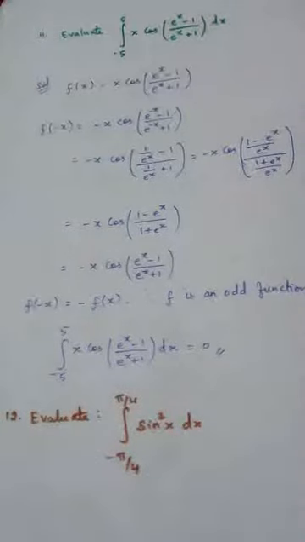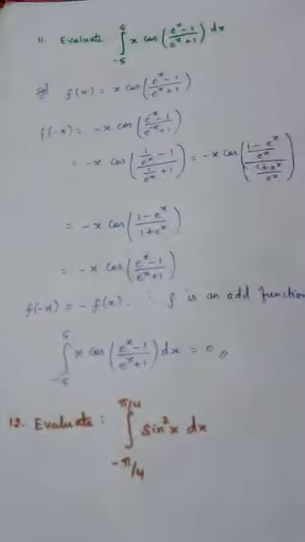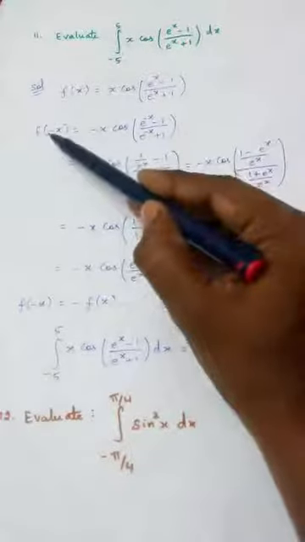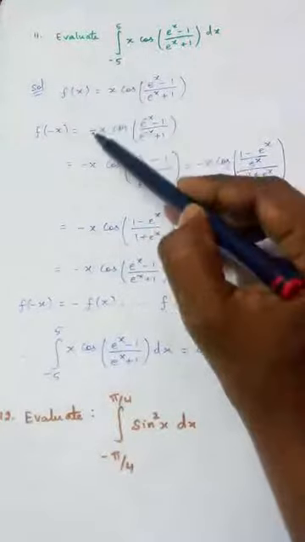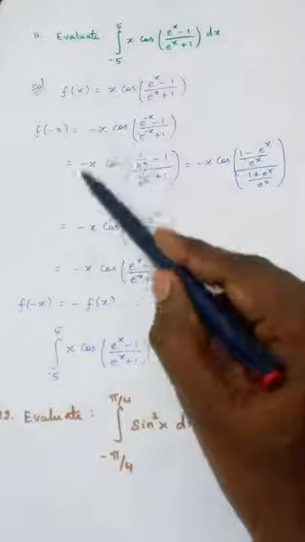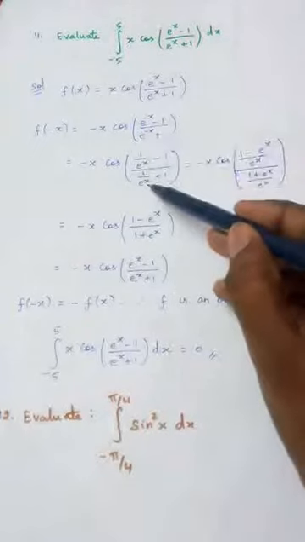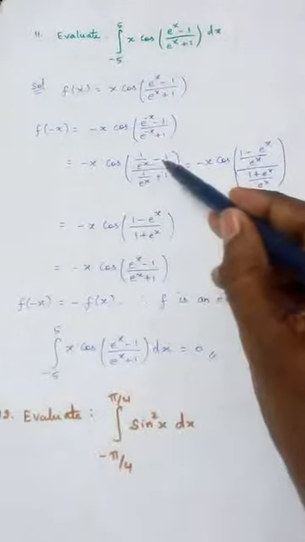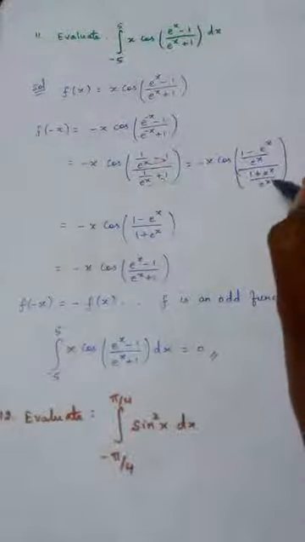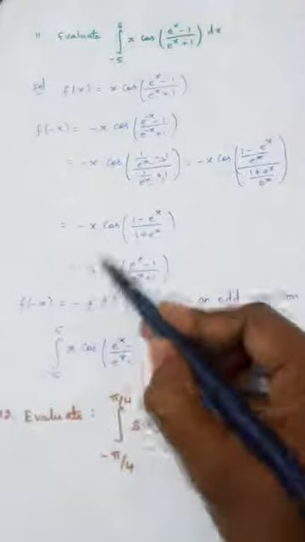Evaluate the integral from minus 5 to plus 5 of x cos x times (e power x minus 1) by (e power x plus 1) dx. Now I am going to take this function as f of x and I am calculating what f of minus x is. So in place of x put minus x. e power minus x is written as 1 by e power x. Similarly, this also is written as 1 by e power x. Taking LCM and cross multiplying, this comes. Similarly cross multiplying, this comes. Here e power x and e power x will get cancelled. So the remaining I have written is minus x cos.